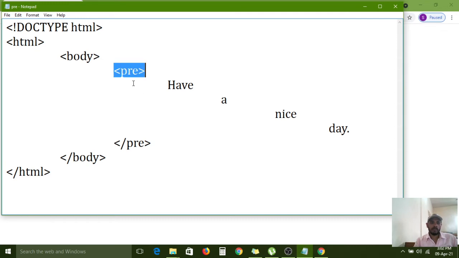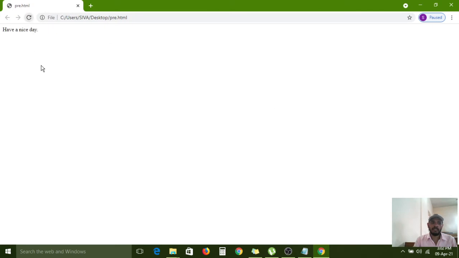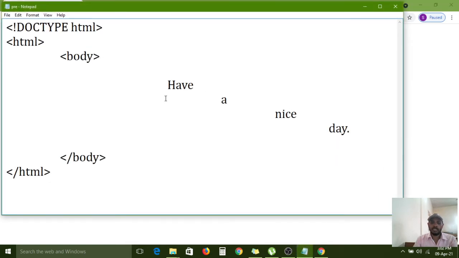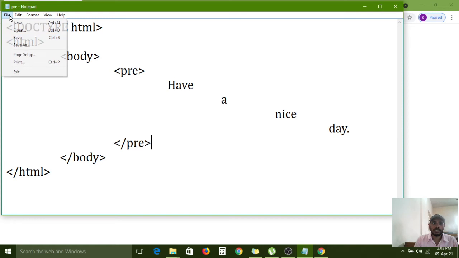But if you don't use any pre tag, now I am removing the pre tag here. All of you carefully observe. Now I am saving this one. Again I am refreshing this one. What is it printing? Side by side it is printing. Understand? So that's why sometimes the pre tag is also required, because we can use it for decoration purposes.